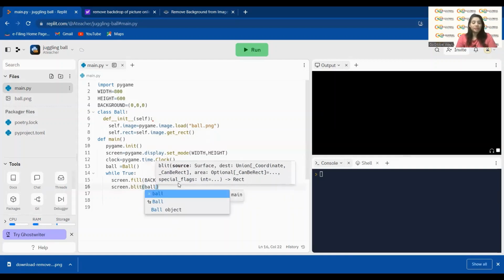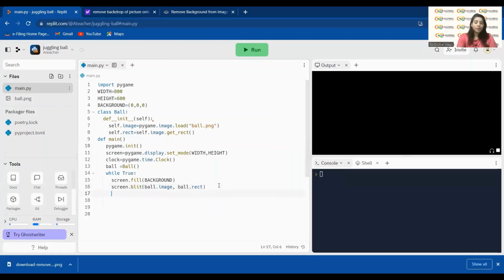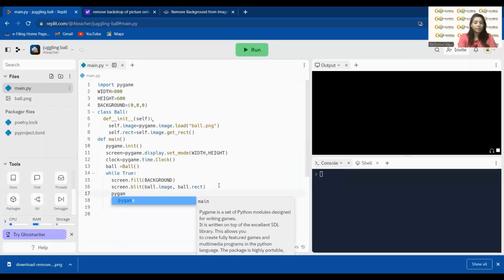If I paste something on another screen, so I'm simply giving that blit ball.image comma ball.rect. Whatever the image will be, it will come onto the rectangle surface that I have created. Now I will write